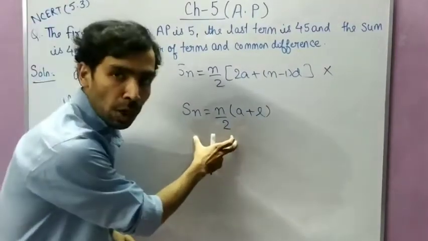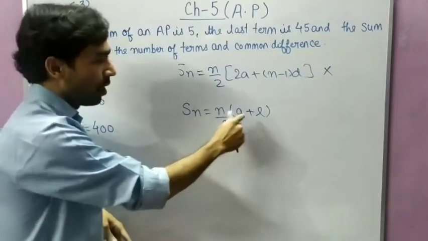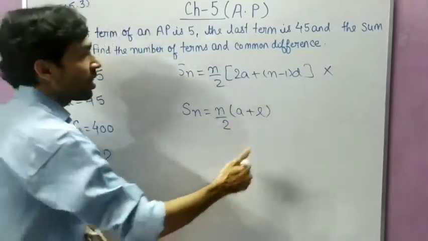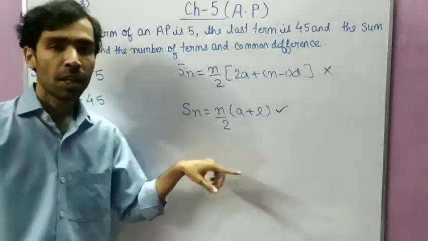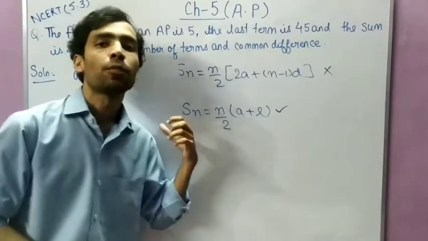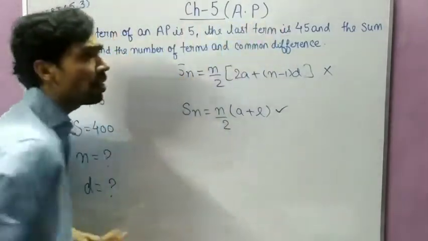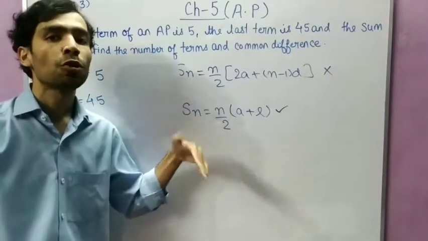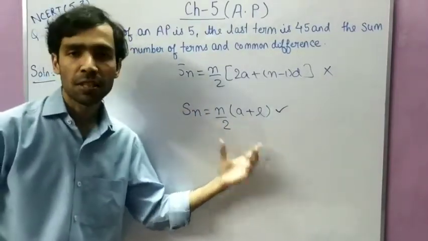Now see this formula: S is given, number of terms is not given, first term is given, and the last term is given. Okay, so it means that we can use this formula, because out of 4 variables, the values of 3 variables are given, and the 4th you can calculate by putting all the values. Because first term and last term are given, so there are two formulas. So you will check which formula you want to use. So for calculating number of terms, we can use this formula.